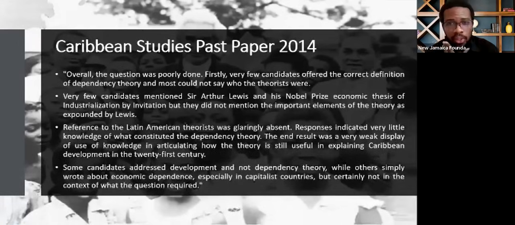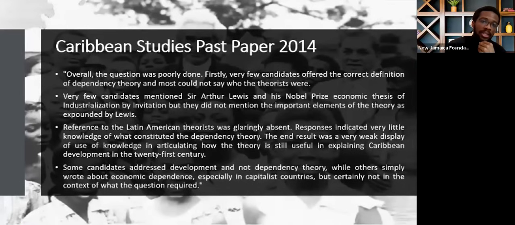Overall, the question was poorly done. Firstly, very few candidates offered the correct definition of dependency theory, and most could not say who the theorists were. Very few candidates mentioned Sir Arthur Lewis and his Nobel Prize economic thesis of industrialization by invitation, but they did not mention the important elements of the theory as expounded by Lewis. Reference to the Latin American theorists was glaringly absent. Responses indicated very little knowledge of what constituted the